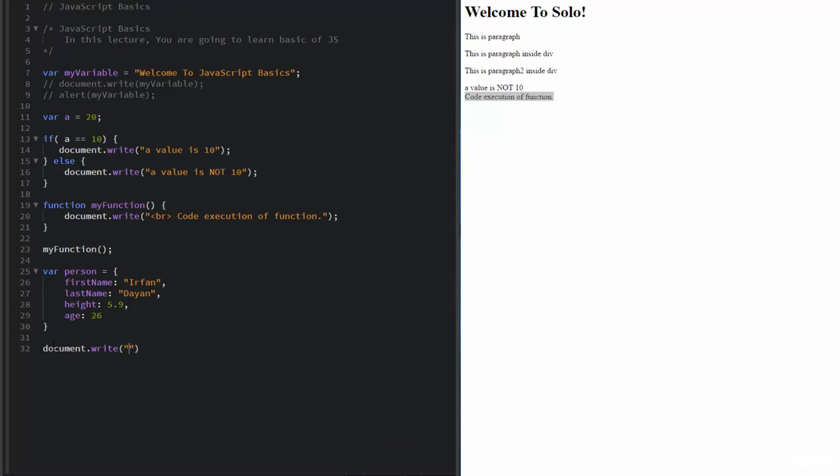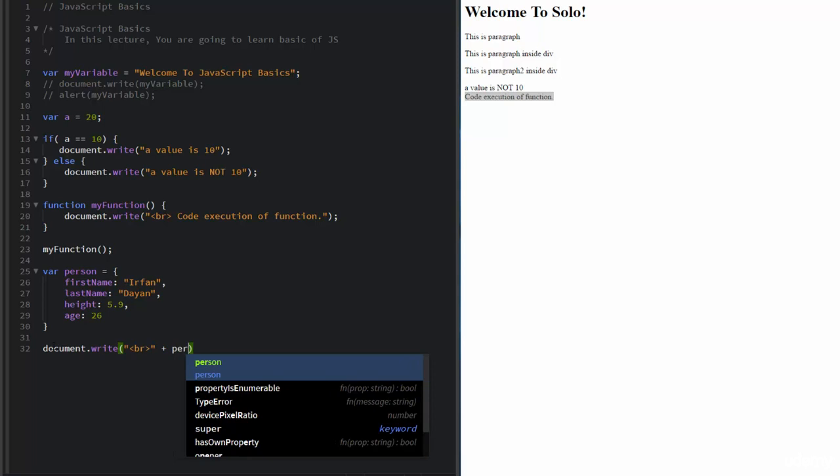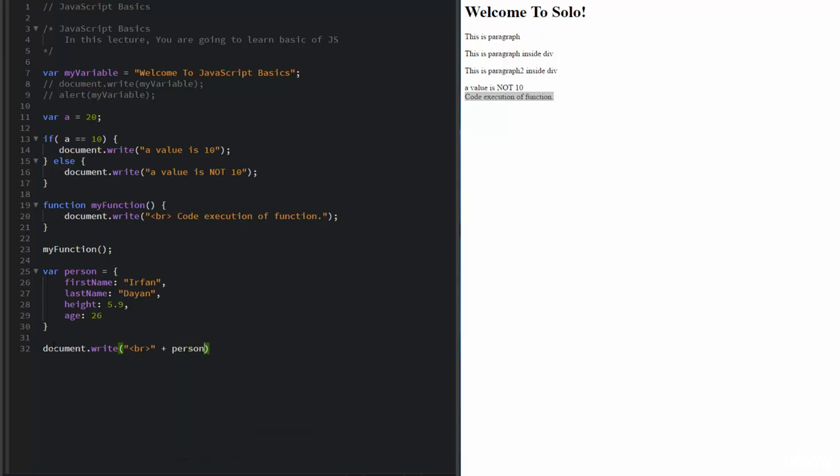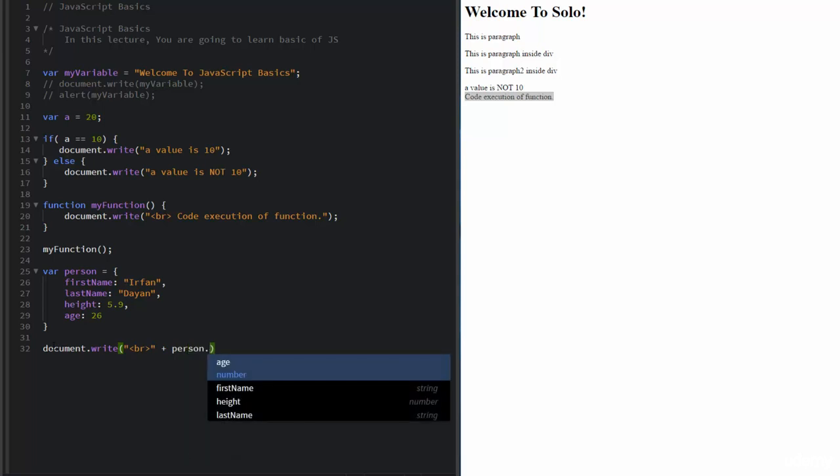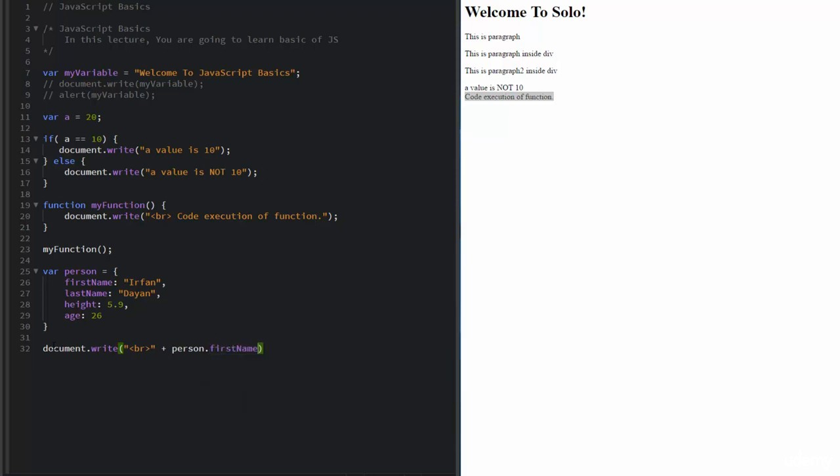And inside these parentheses, first I have to define the break, and then I'm going to use the plus sign, and then I'm going to use the object name, which is person, and then I'm going to access the first name property like this way. And again, let me concatenate the break statement. This plus sign is basically the concatenation operator. It is going to add a break just before this first name and last name. Okay,